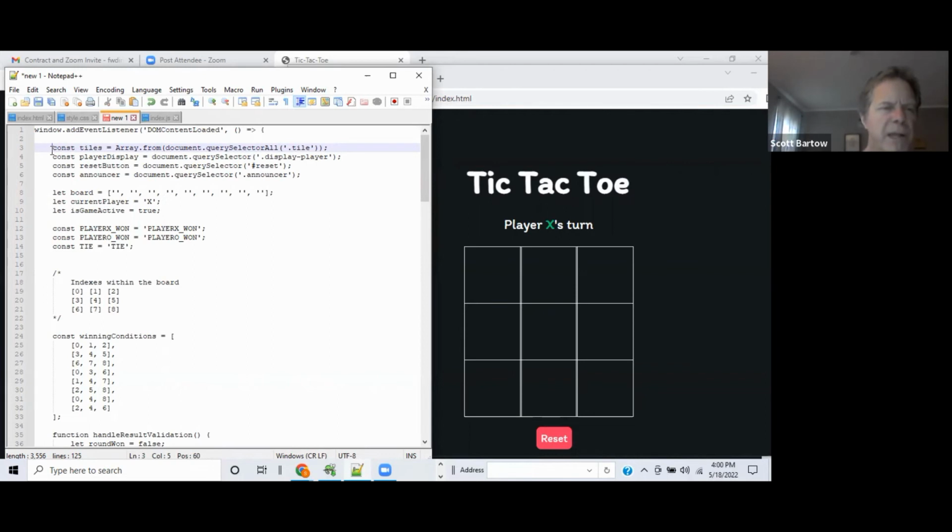All right, so first we're going to add 4 constants. The keyword in JavaScript for constants is const. And what we're going to do is add const tiles equals Array.from(document.querySelectorAll('.tile')). Once you have these 4 constants done,